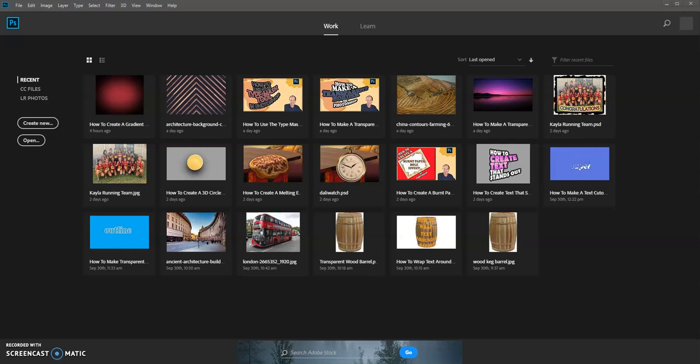Hello, this is Keith All, and in today's tutorial I'm going to show you multiple ways on how you can create a transparent background. So the first way is when you open Photoshop and you come to this screen,